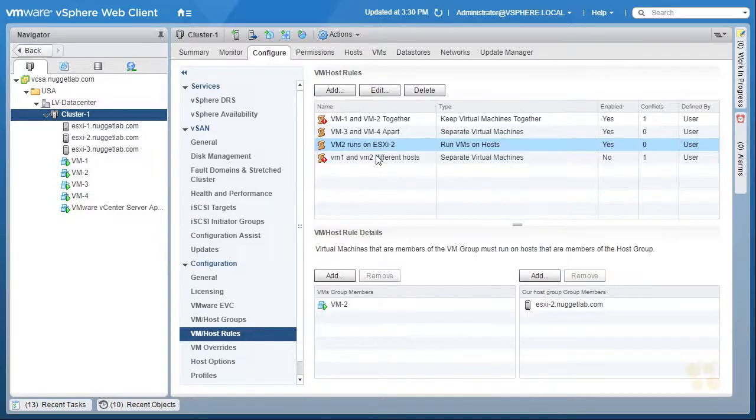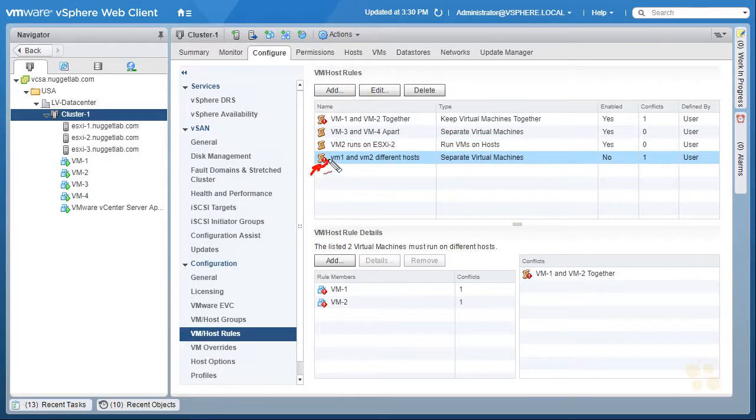So the rule still exists right here. It has a little icon representation that there's a conflict. So the conflict is with VM1 and VM2 together. The original rule is enabled. It's in place. The new rule that just got added is not enabled. And so we'd have to go ahead and resolve that by not having a conflicting rule